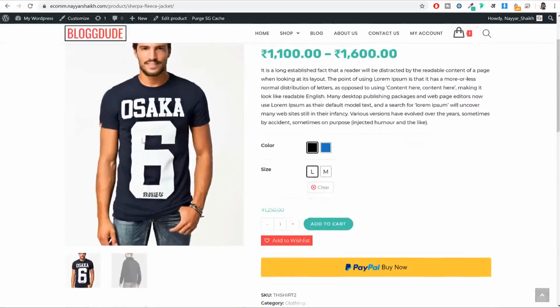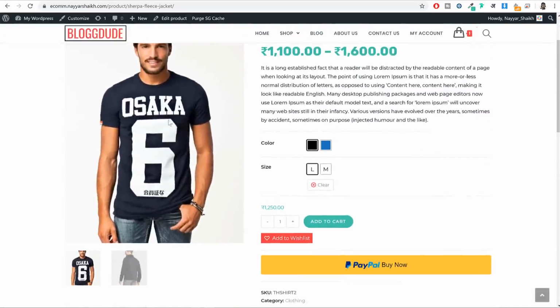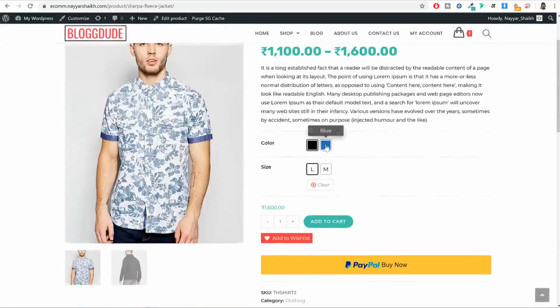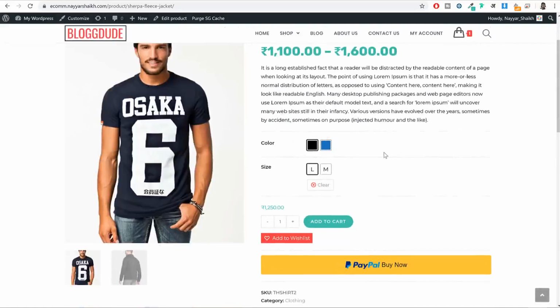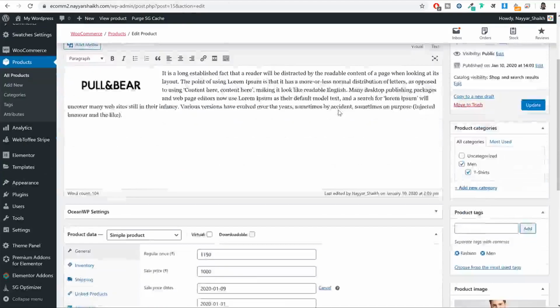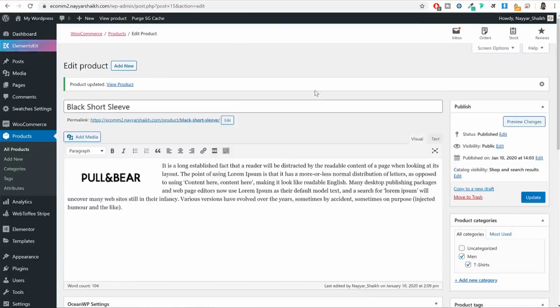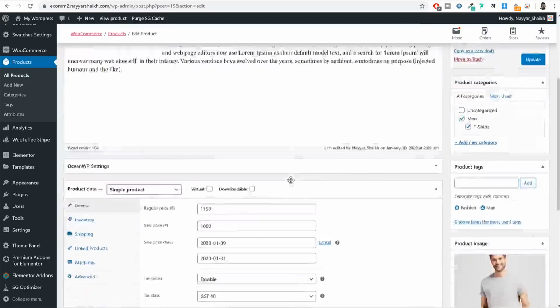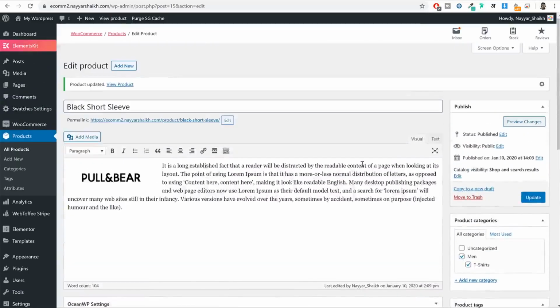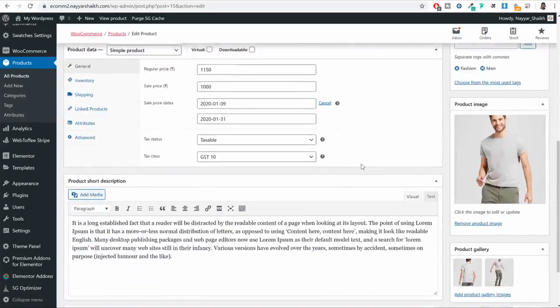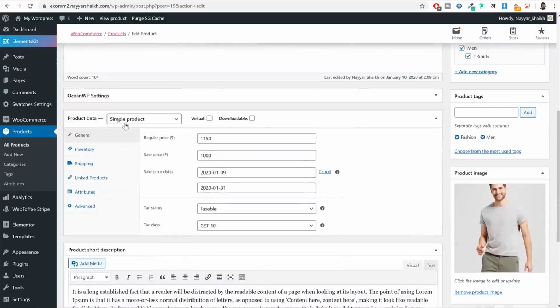That should not be the case. It is basically if you have this t-shirt, and the exact same t-shirt is available in some other color, that is a variable product. And as I said earlier, we will be using variation swatches. This option, instead of just that simple drop down option, we will be using these swatches. So come back over here. Now let me do one thing. Instead of creating a new product, because all the things are the same, I'll do the changes on this website. So the only difference between simple and the variable product is that you have to go to product data and